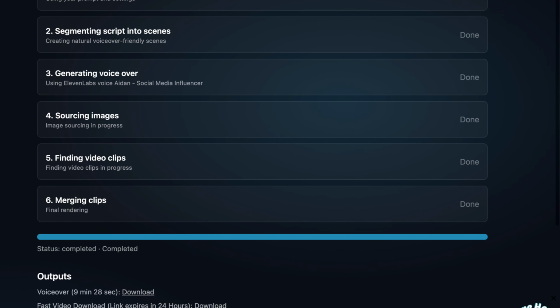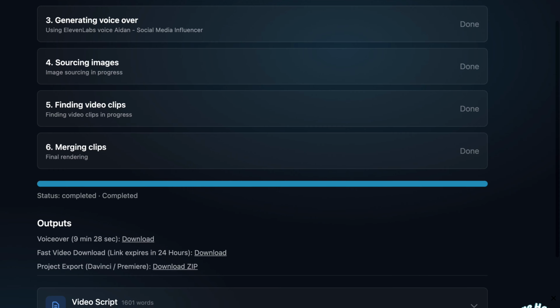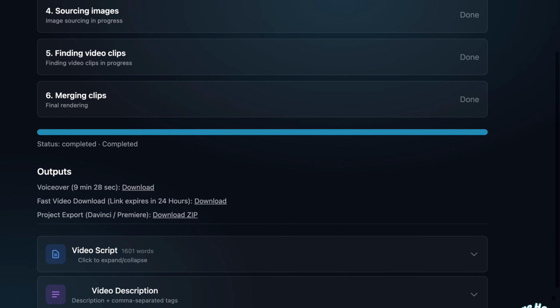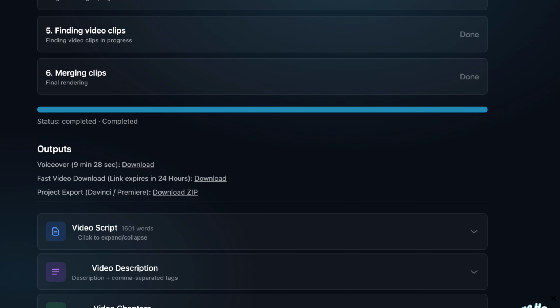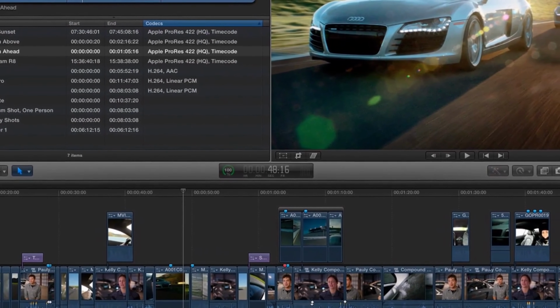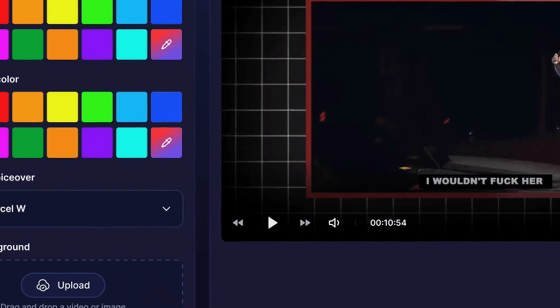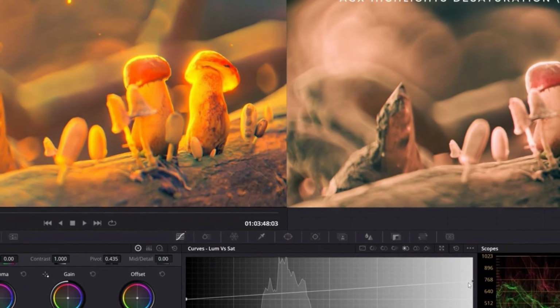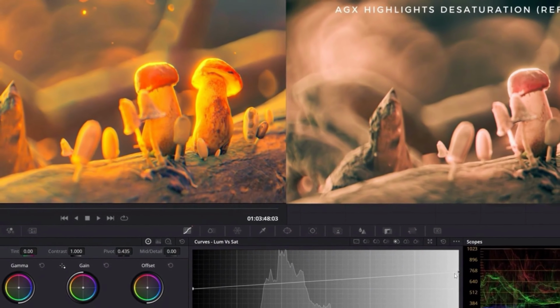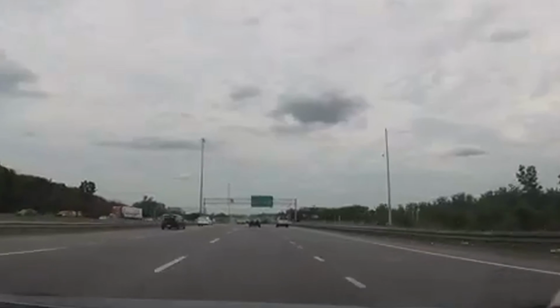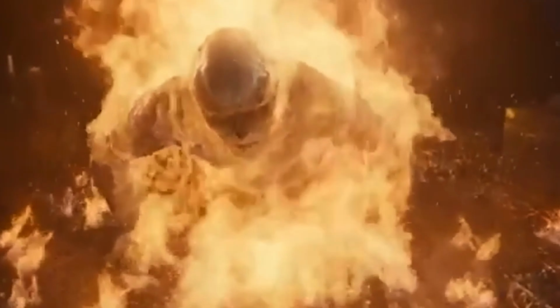When your video is done, you can export the full project as a zip file inside an FCP7 XML timeline compatible with DaVinci Resolve, Adobe Premiere Pro, and Final Cut Pro X. All media assets organized in a folder. A README with import instructions. Video and voiceover on separate tracks. Scenes labeled by type. For documentary creators who want to add color grading, adjust pacing, or swap a clip, this is the exit ramp. You're not locked into the AI's cut. You own the project files, and you can rework them whenever a video needs it.